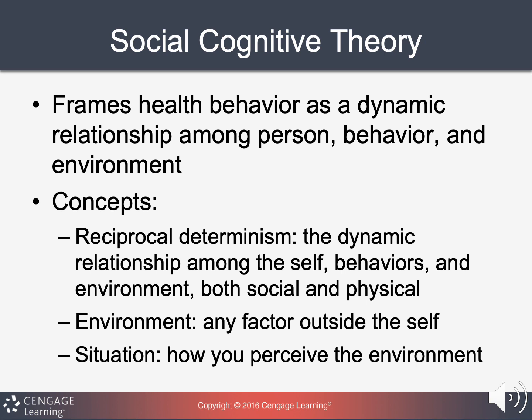Social cognitive theory looks at health behavior within a relationship among the person, behavior, and their environment. For the concepts, we're going to start with reciprocal determinism, and it's basically saying that all three of these play a role in one another. So someone's behavior is due to their environment, or it could be due to themselves, like the person that they are. And the environment has an effect on that person and their behaviors. The person who they are has an effect on the environment and their behavior. So all of them basically interact in a dynamic way.